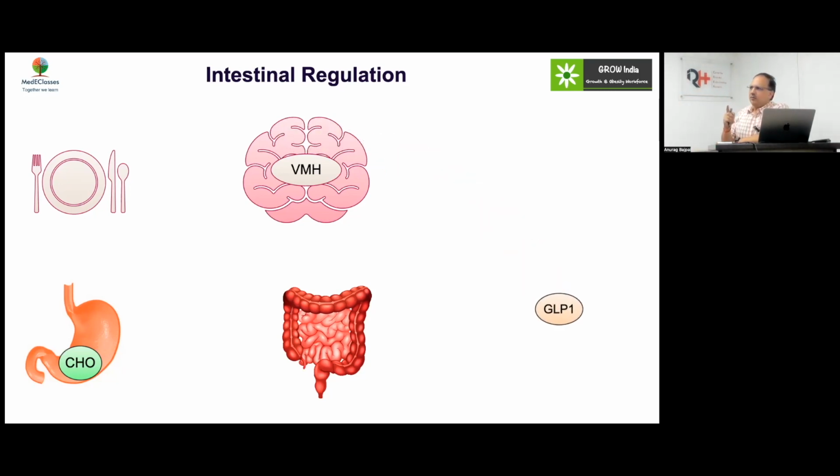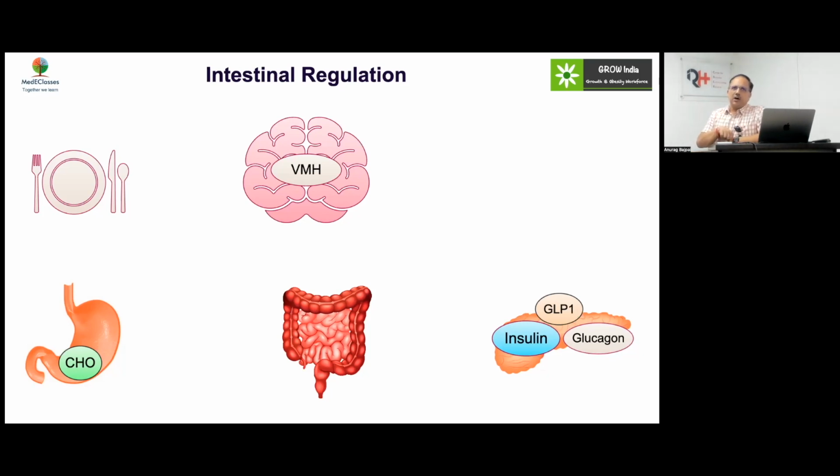And that is why it's very important that you do not watch television while eating. Because if you're watching television and other things, these signals may not be as effective. So this is the mechanism that your mind should be concentrated on eating. And that's why you will realize that, okay, now you are full even before you have eaten a lot. Now, this GLP-1 will, of course, go to the pancreas. It will increase insulin and decrease glucagon.